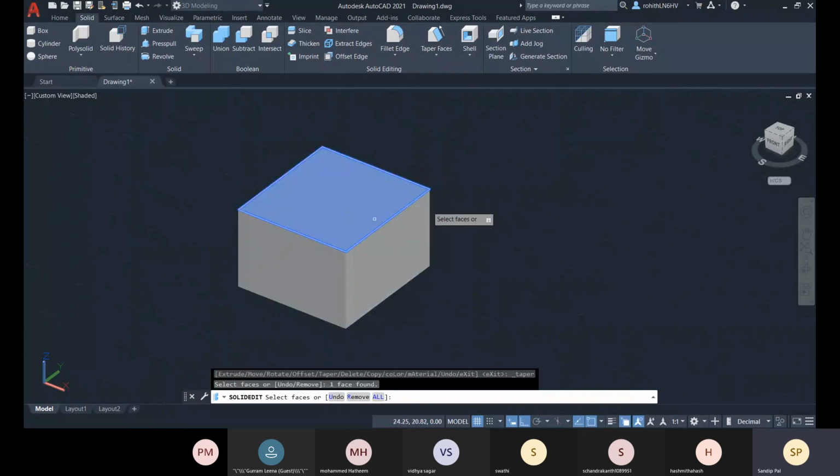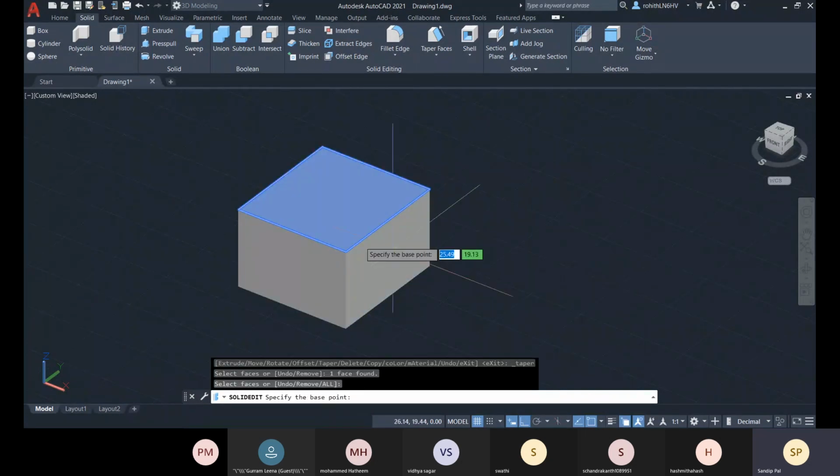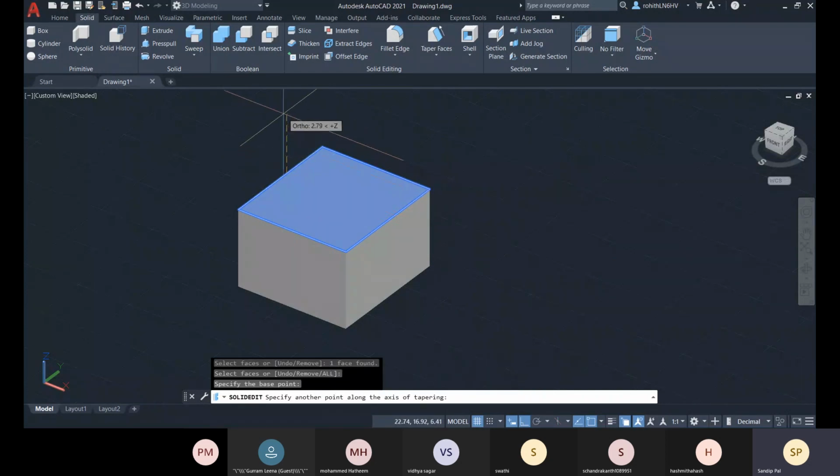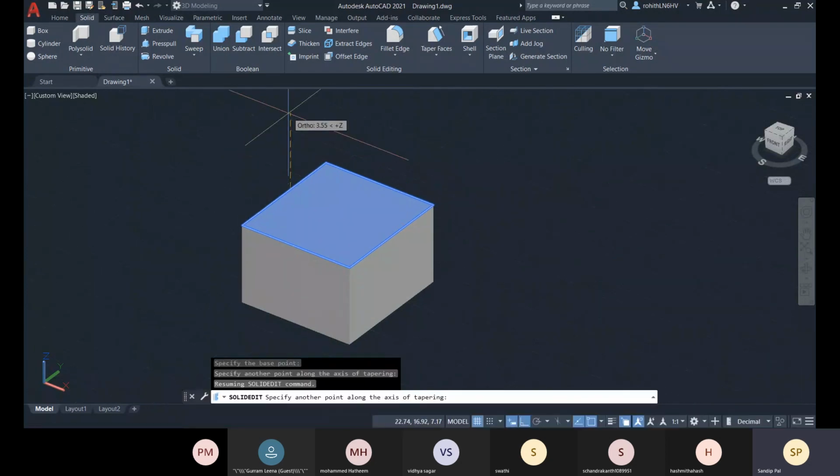Go for taper face. Let me select this face and then enter, and then you go for the base point, and then you specify another point for the axis, and then the taper angle.